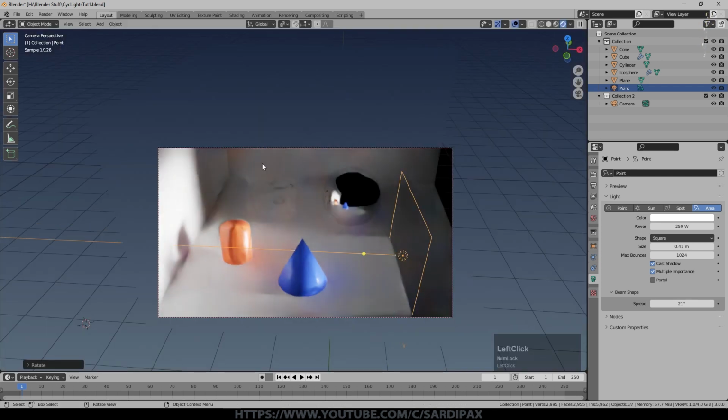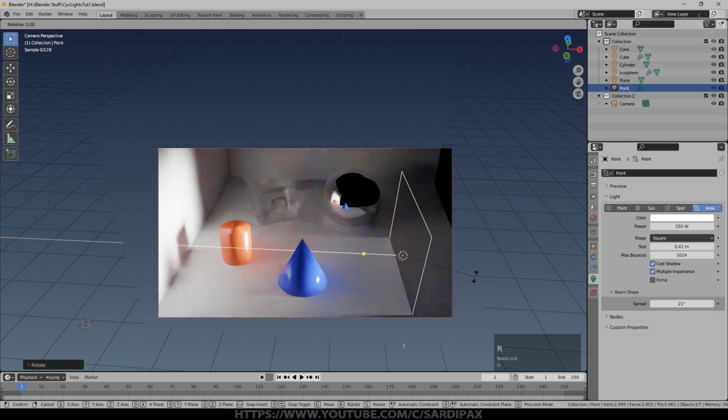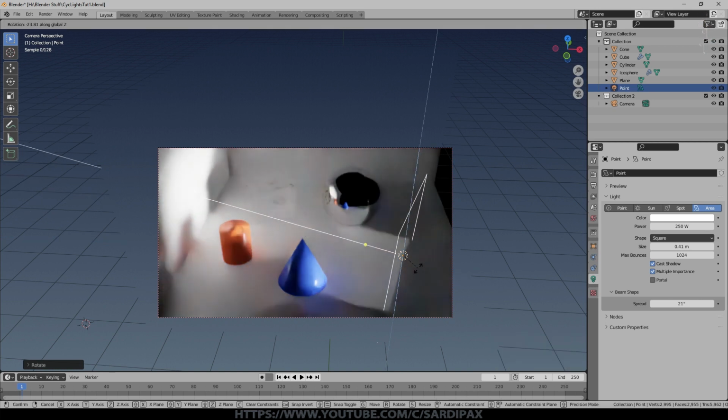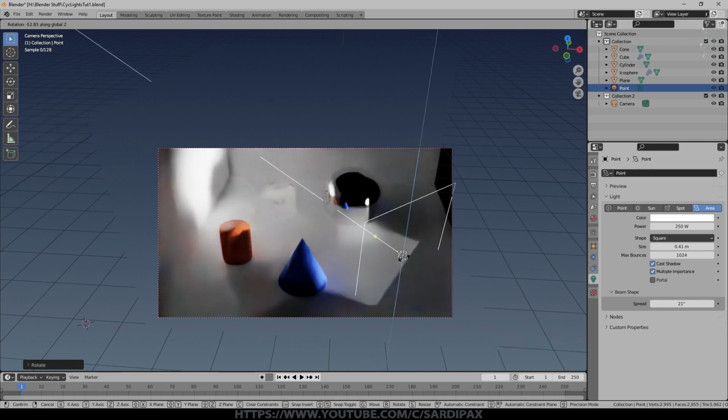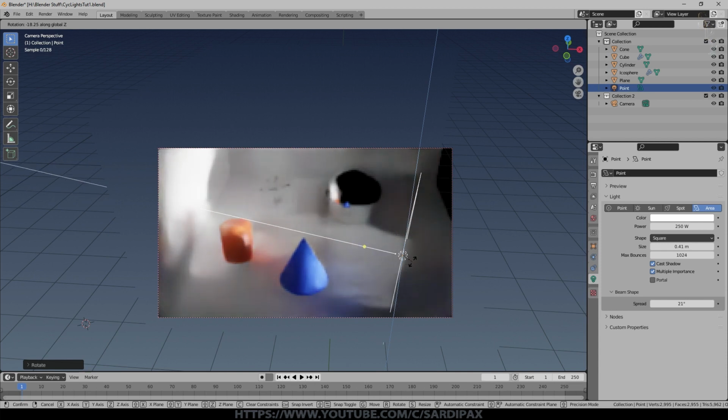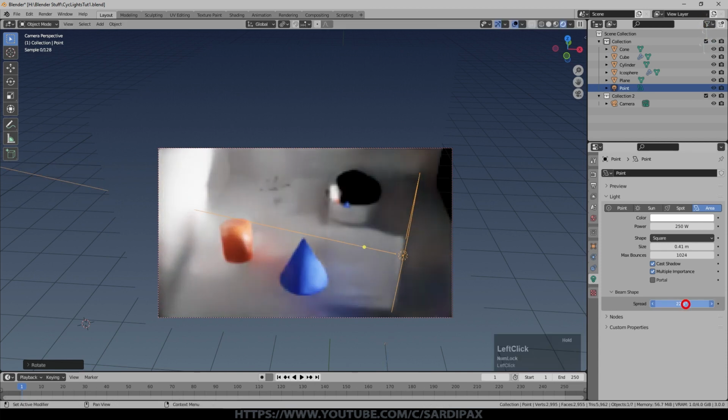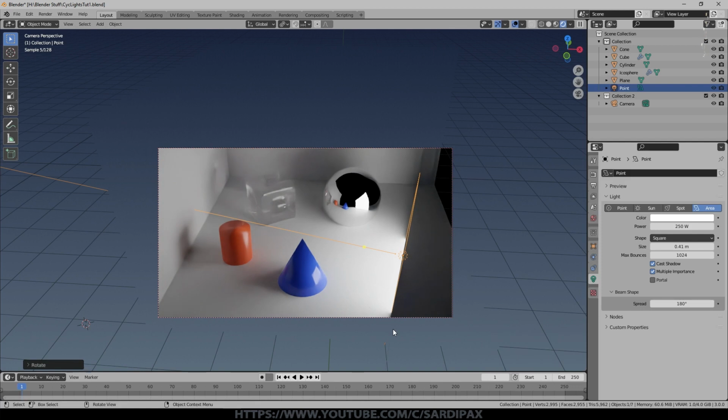And if we look at the reflection in the sphere over here, as I rotate round, you'll see it'll suddenly appear when it comes within that 20-degree point. So if I take it just slightly outside and then start to turn this up, suddenly the lamp appears. Fairly straightforward lamp, one I use quite a bit when I want to do area lighting, because I can control it so easily. Regarding the portal, you use this both in Cycles and in EV, and this basically changes what this is for.